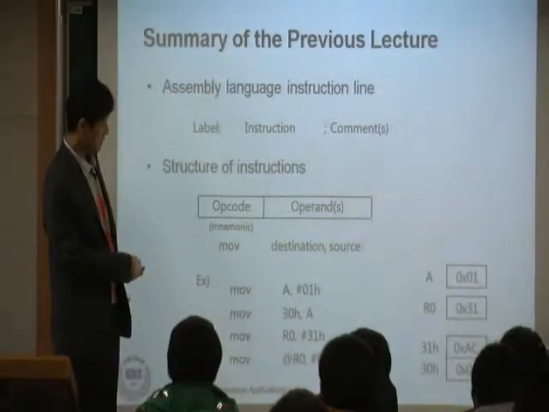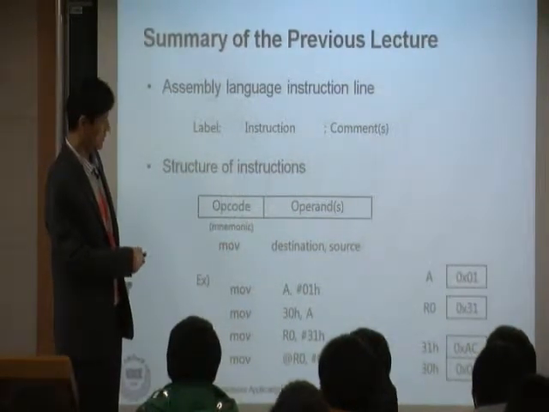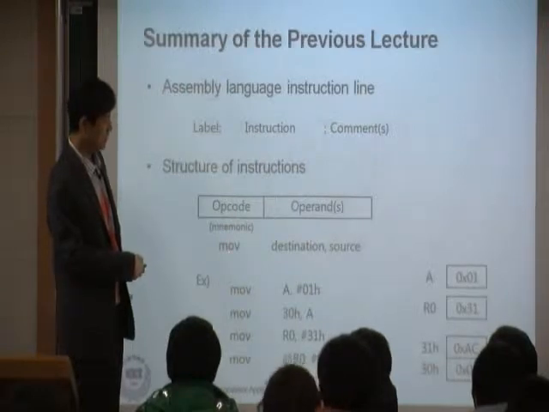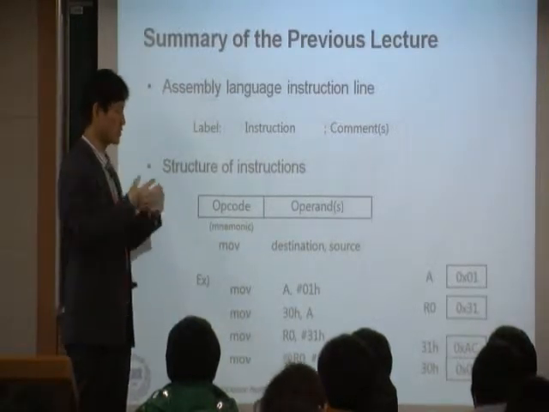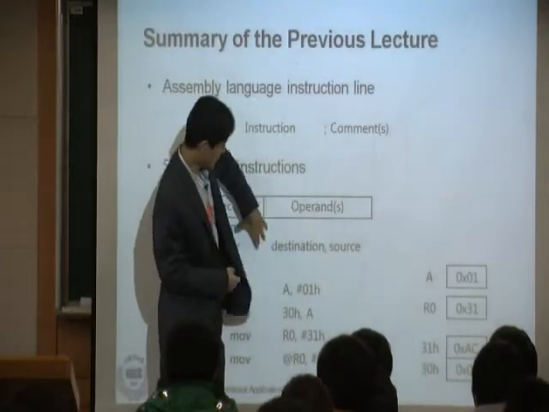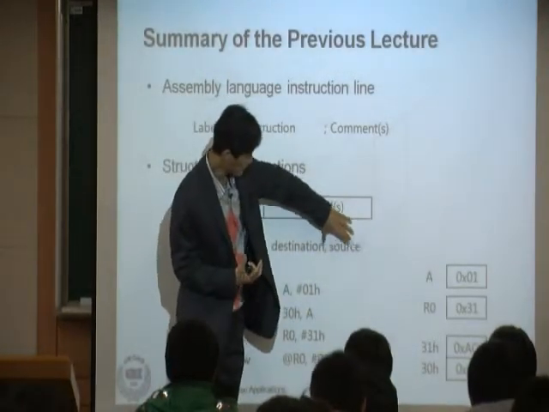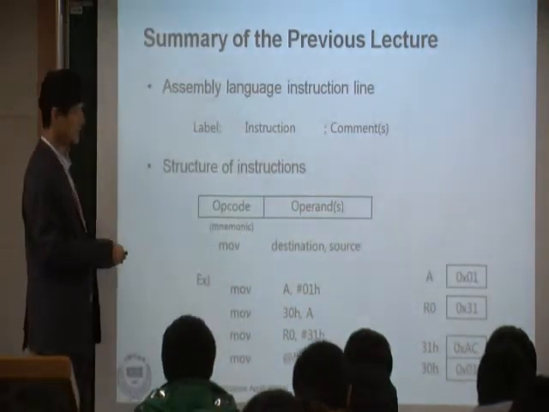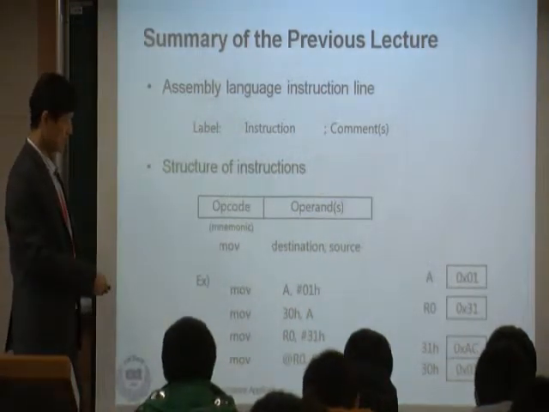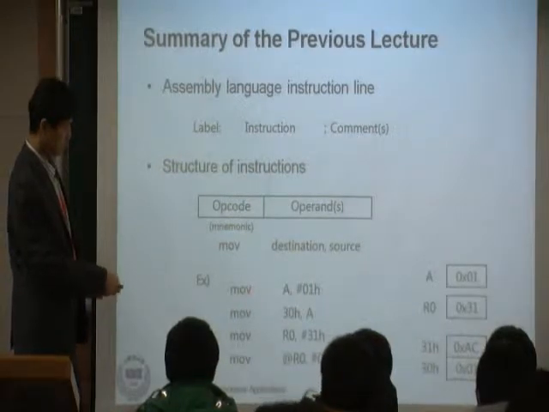An example is MOV. MOV is one of the OP codes. Okay, and MOV copies data from one place to another, right? So you basically copy a value from source to destination. Therefore, you have to have two operands in the case of the MOV OP code. So here is an example: MOV A,